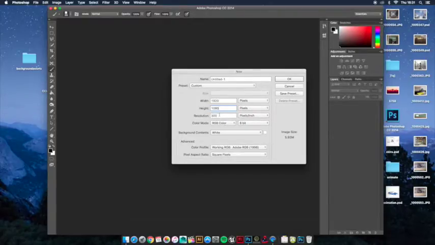So what you guys want to do is leave the resolution at 300. 300 pixels per inch is basically print quality. Now,